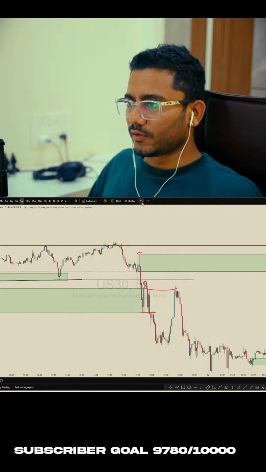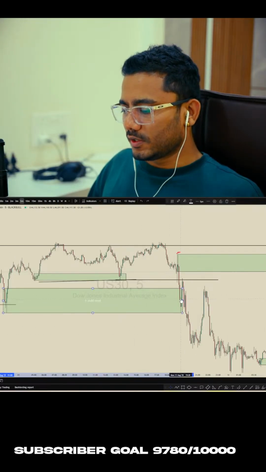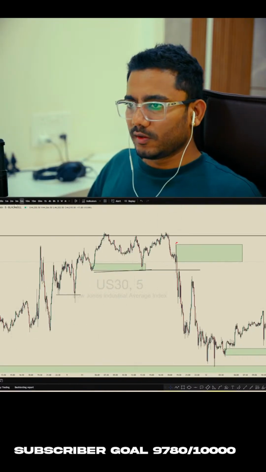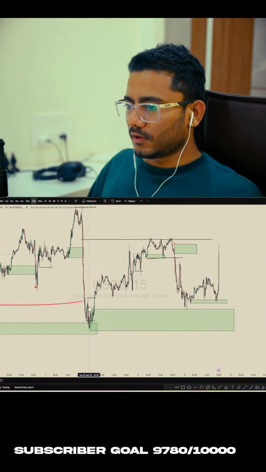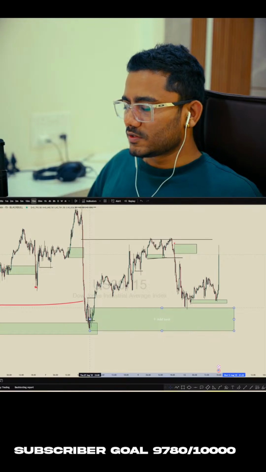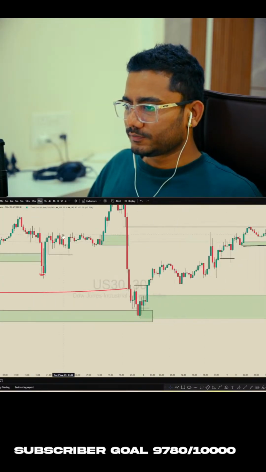Then price went to the downside. So yesterday I also mentioned that if price breaks this low, then probably we will look for a sell side trade. And again, yesterday I also marked this order block as a POI